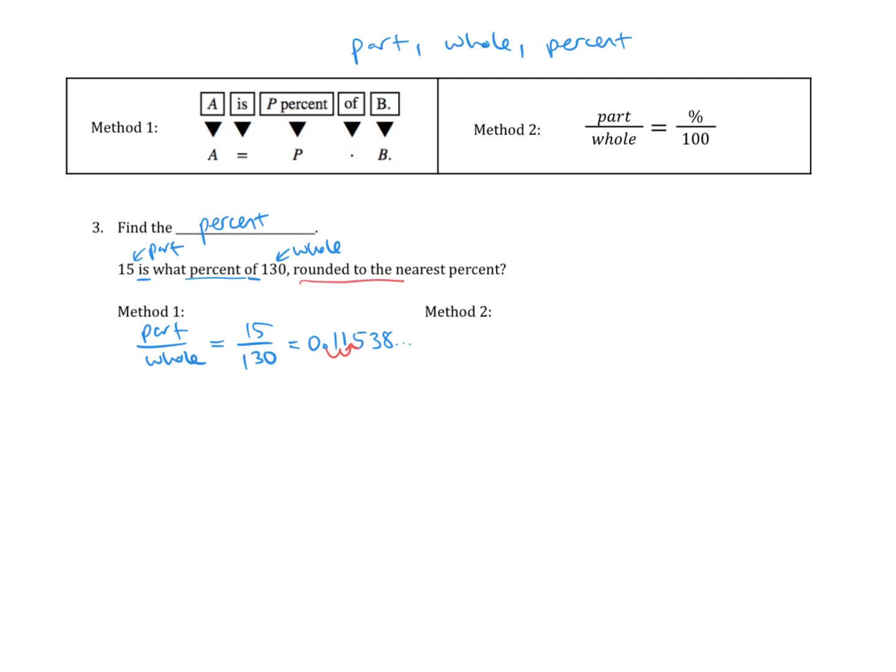Now it says rounded to the nearest percent. So I'm getting 11.538 ... percent, but I want to round to the nearest percent, which is rounding to the nearest whole number. So that 1 is in the ones place. So I'm going to look at the 5 to decide what to do with the 1, and the 5, since it's 5 or above, tells me to bump that 1 up to a 2. So we get about